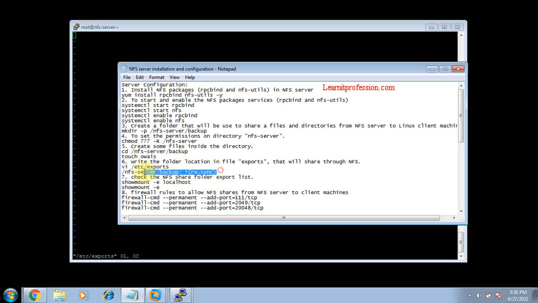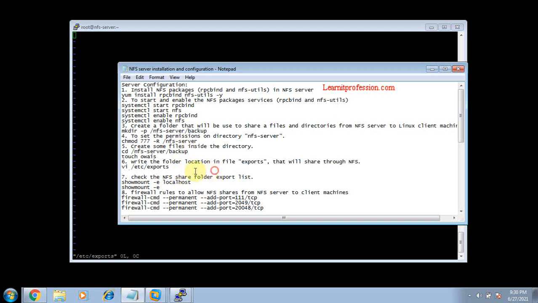and provide the folder path that will be used as a share folder for Linux client machines. Here I am using CentOS Linux 7 for demonstration. I am providing this directory backup for the other users of the same network of Linux client machines. It means that any users from other Linux client machines can read and write the files inside the directory, and this directory syncs at the same time if a change occurs from server to client and client to server.